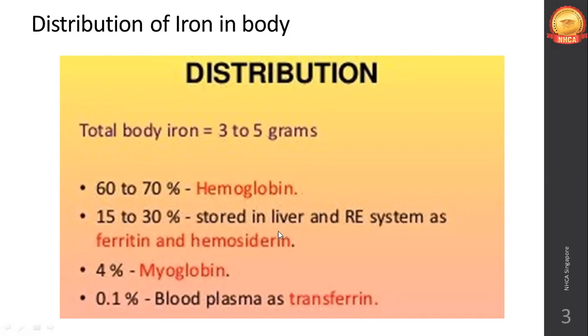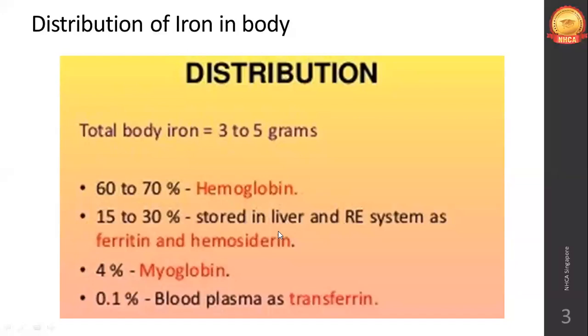So both of them, ferritin and hemosiderin, store iron in the liver. They carry iron through the blood plasma. They deposit it in the liver as well. That is the function of ferritin and hemosiderin. Then